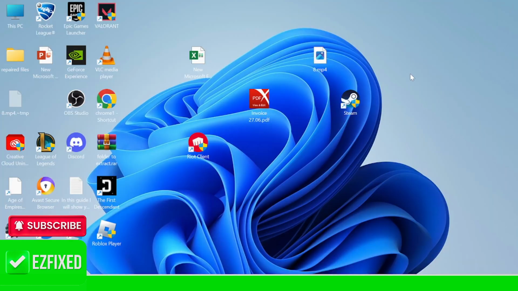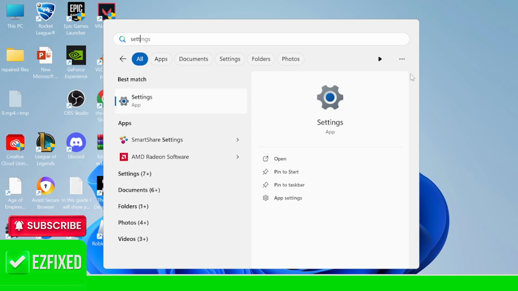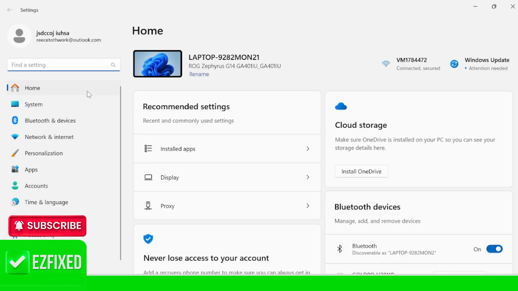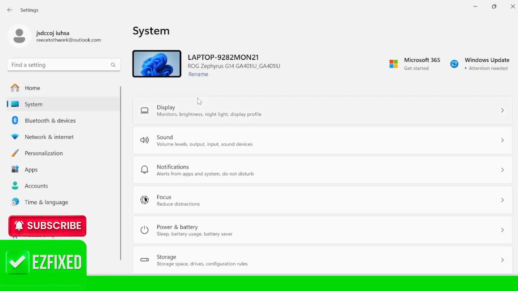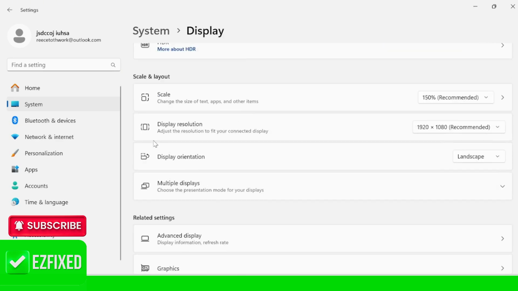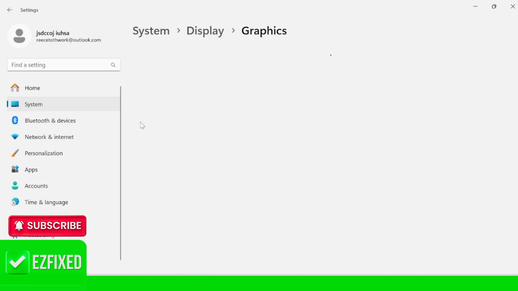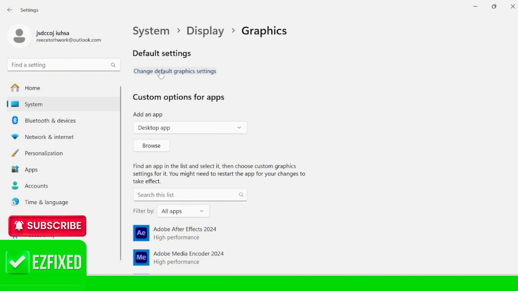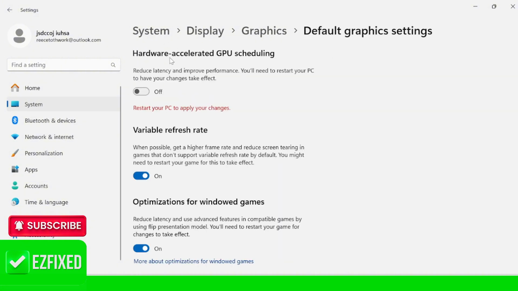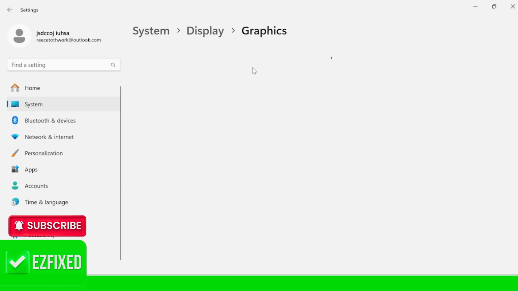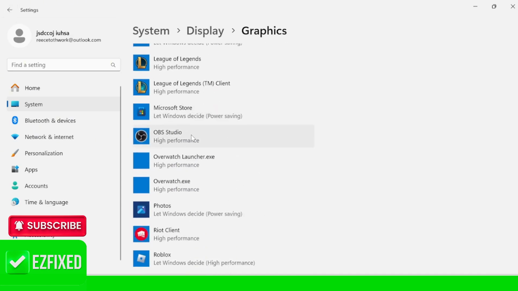and we're then going to come over to our Start menu and search for Settings, and then tap on the Settings tab. From the left here, come over to System, inside of Display, and we need to scroll down and come down to Graphics. And at the top here, we just need to click Change Default Graphics Settings and ensure that Hardware Accelerated GPU Scheduling is turned on. And then we're going to come back one window, and we're going to add The First Descendant to our list